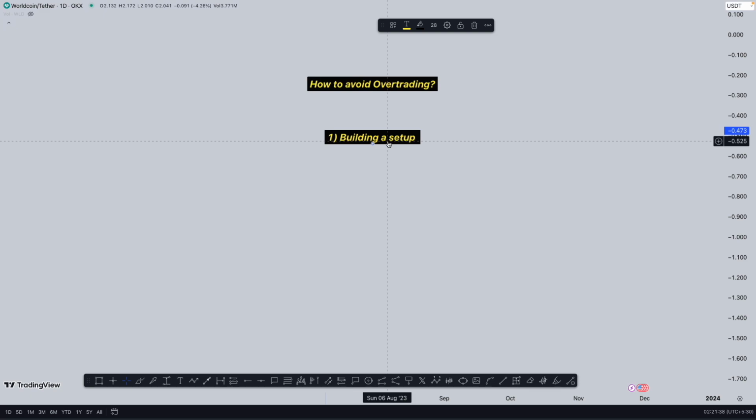The first step, like I said, was building a setup. Once you know what your setup is, your setup will define it and let you backtest your win rate. If you have a random setup, your outcome in trading will be random. Once you have that setup, you will understand that out of my 10 trades, when I am following my setup, I am winning 6 of them and losing 4 of them. If not, I'm losing 6 of them and winning 4 of them.